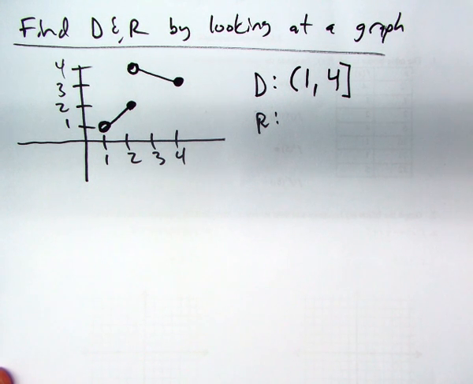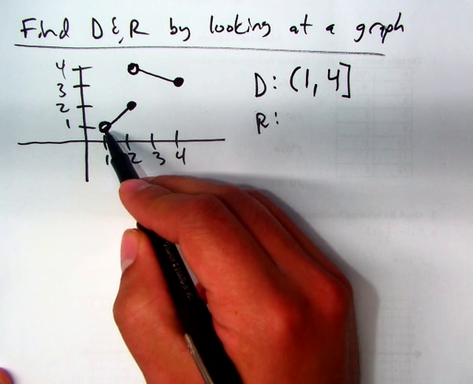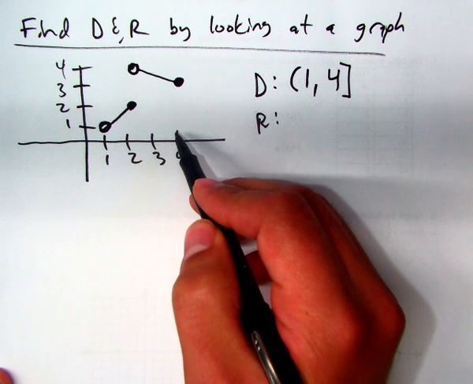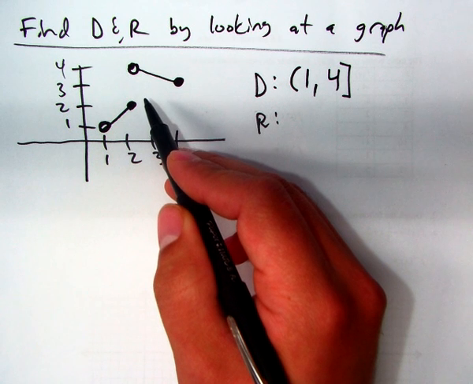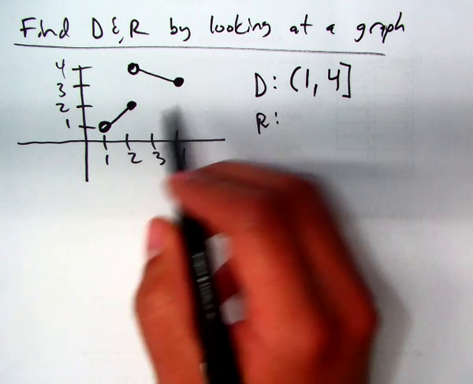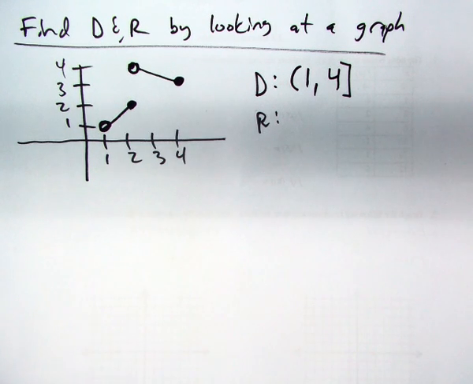There's no union because, well, yes, there could be a union. In fact, there will be for the range. They're not separate sets because x is between 1 and 4. Just because there's two separate pieces does not mean that there's two separate sets for domain and range. In other words, if you take